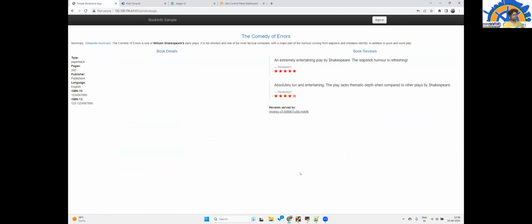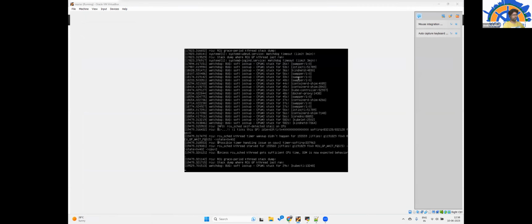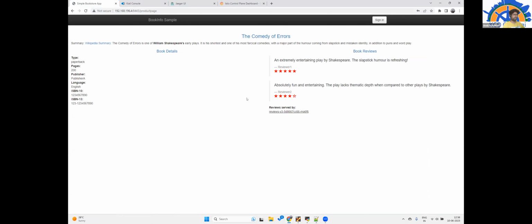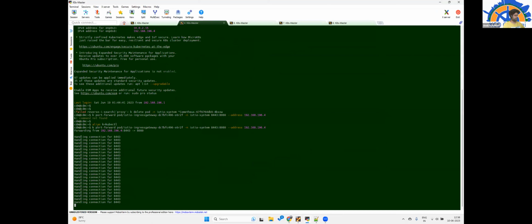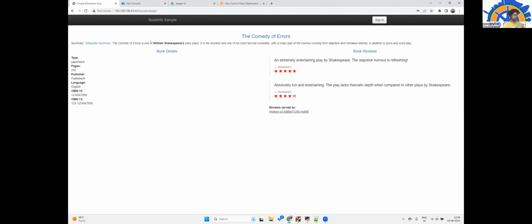Even though my complete system is deployed in a VirtualBox, with the complete VM deployed over there, I'm still able to access it from my Windows portal, because I have exposed it to the load balancer and set up a port forwarding mechanism for the same load balancer. If you see here, this is the pod for which I have forwarded this particular port and this IP, so I am able to access it.